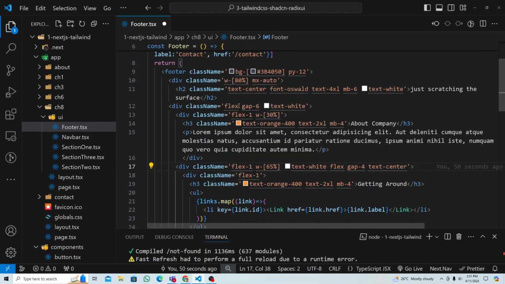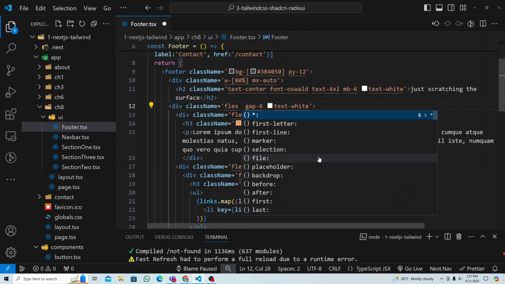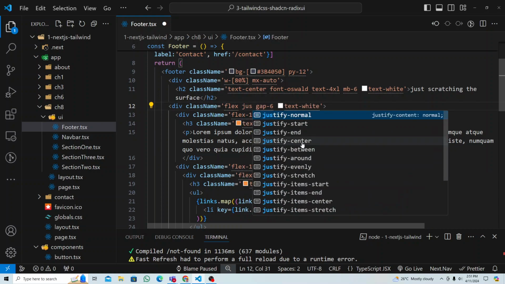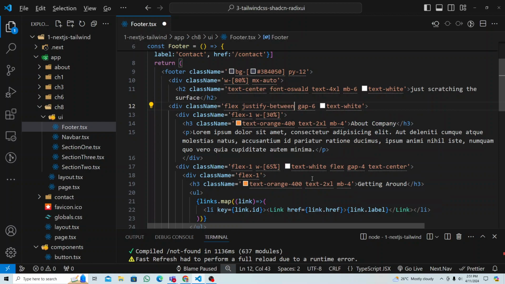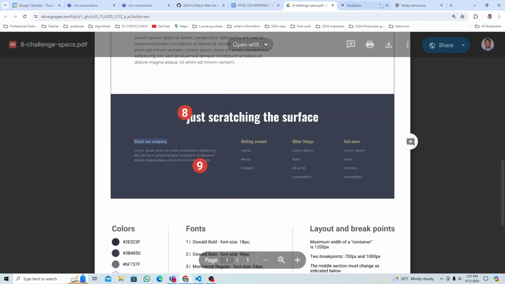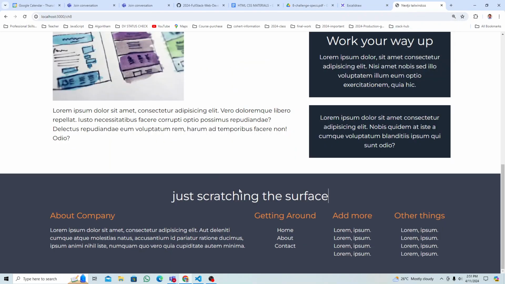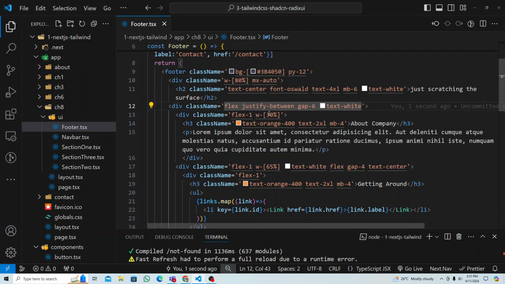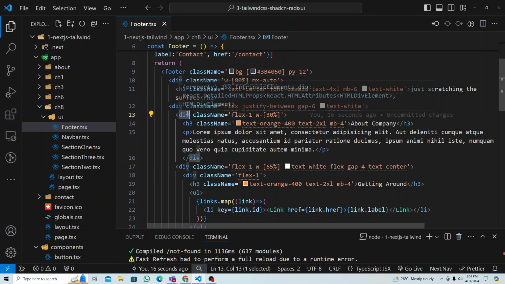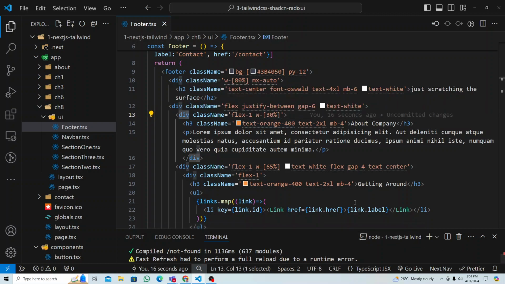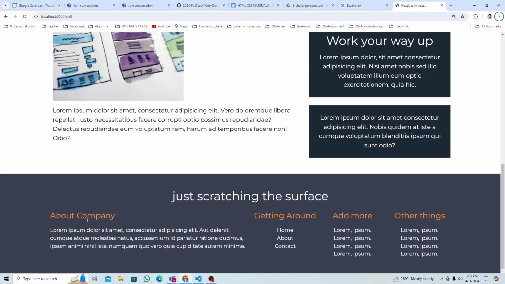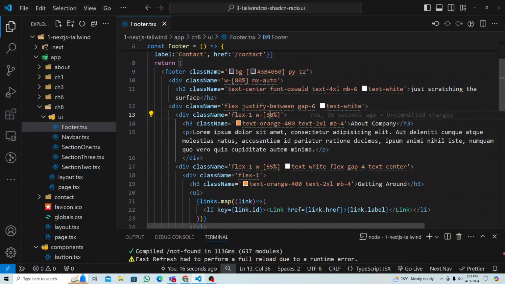So what is the parent here? Flex. You can make it justify content between, so that 5% will be the gap between them. Let's check now. Let's see. Still, 35% looks like too much. Let me try this with the about company section. So let me make it maybe 20%, right? And then make,